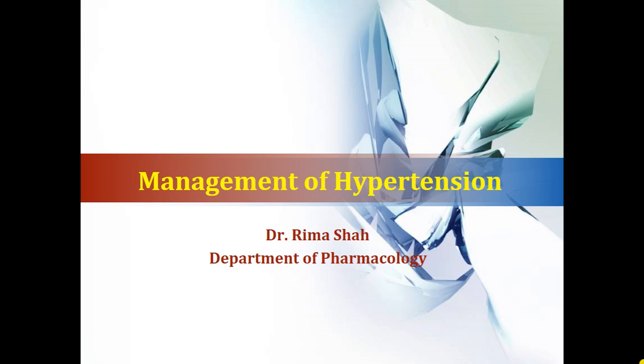Hello students. Till now in cardiovascular pharmacology we have discussed different drug classes. That includes alpha blockers, beta blockers, combined alpha and beta blockers, centrally acting sympatholytic drugs, vasodilators, calcium channel blockers, diuretic drugs, and drugs acting on the renin-angiotensin-aldosterone system like ACE inhibitors, ARBs and many more. So you have an overall idea about the different drug classes which can be useful for treatment of hypertension